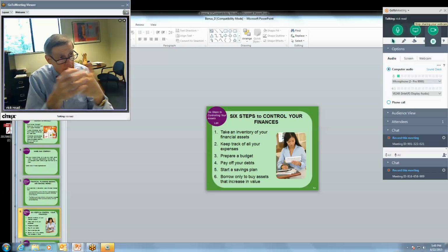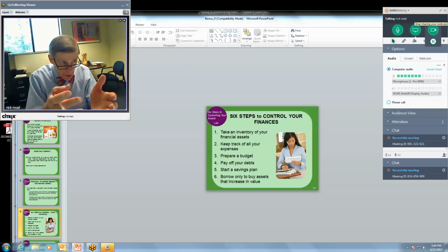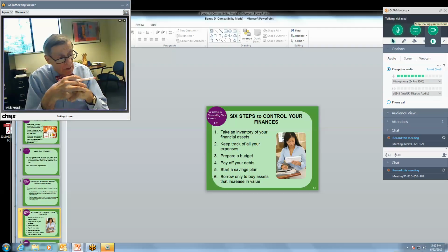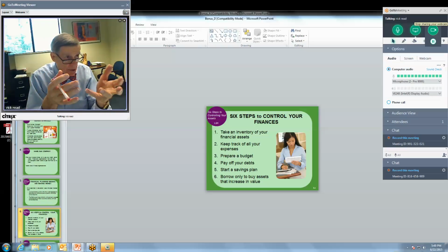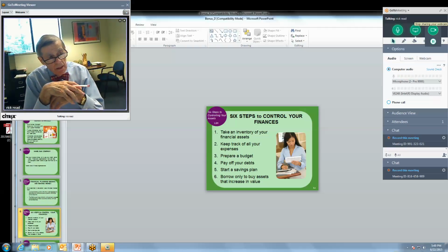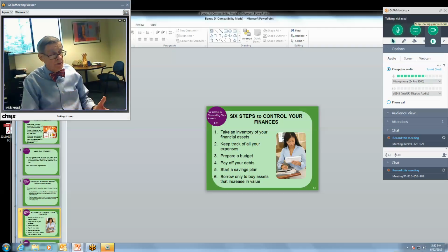About 20 some odd years ago, 22 or 23 years ago, my wife and I bought a mutual fund, which we still own today, through a very reputable company. In those days, to get into the mutual fund, you had to have a minimum purchase of $2,500. And almost immediately, the amount it was worth per share lost a quarter. Well, when it was only worth around $10 a share at the time, that's a significant hit.